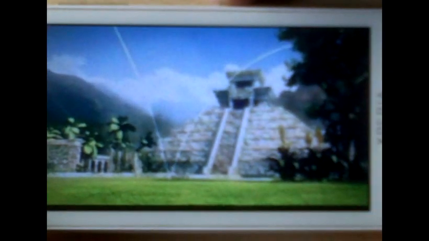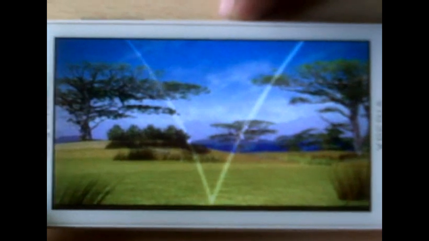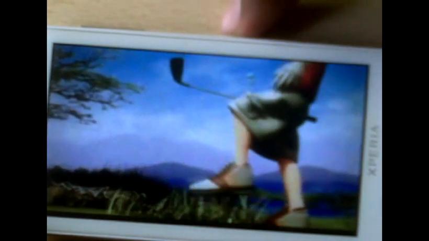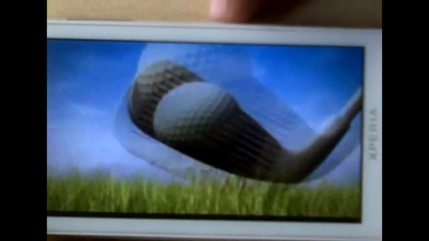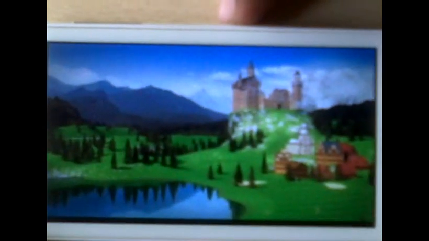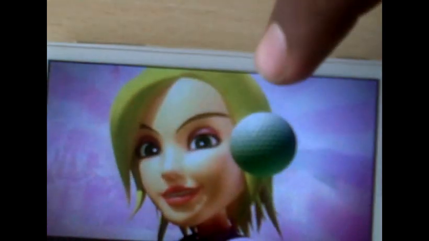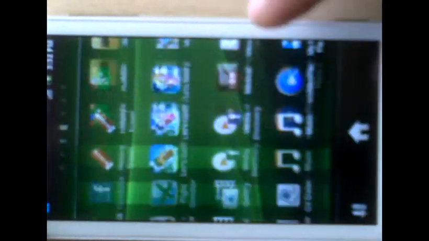These are all high definition and 3D games which are working in 2.3.3. You can see the HD graphics and the speed of the phone. Okay, so this is the gaming experience.